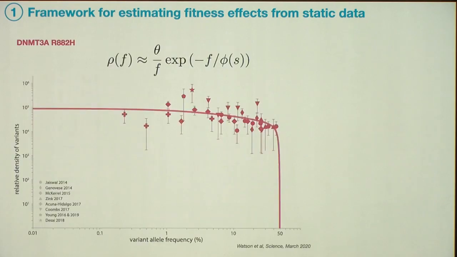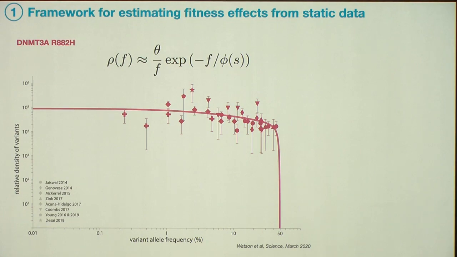Those are the kind of important features. Now, the important take-home from the framework is that the variant allele frequency distribution that you see in a tissue, so this is plotting the number of variants you see at a particular position across this large cohort of people as a function of variant allele frequency. So it's the clone size distribution for a particular variant. And the point here is that it contains information about